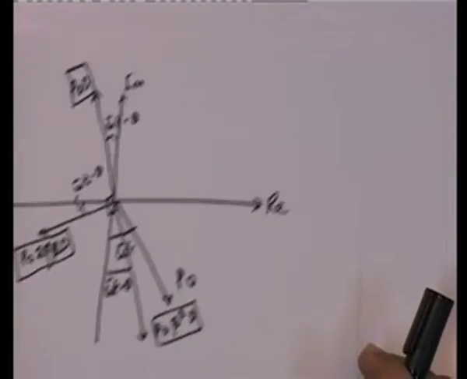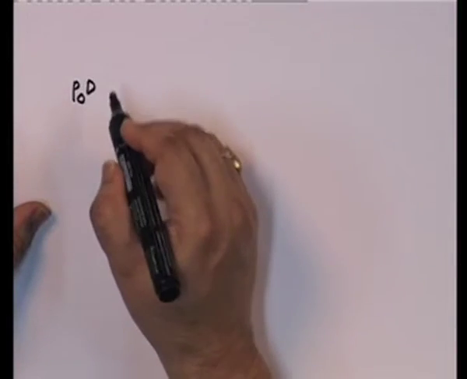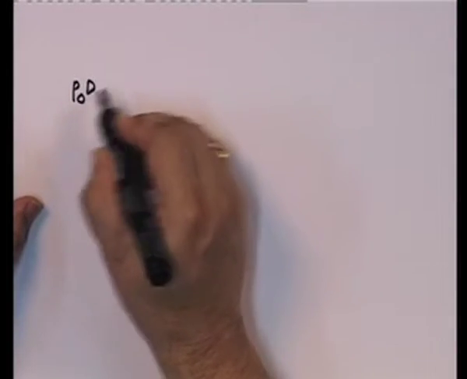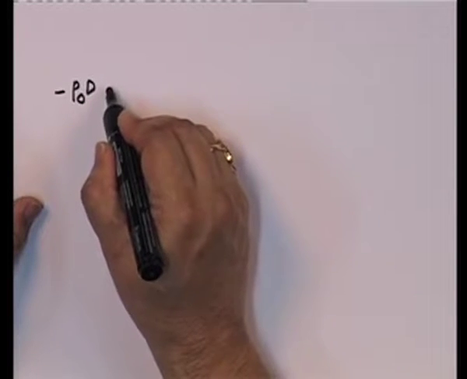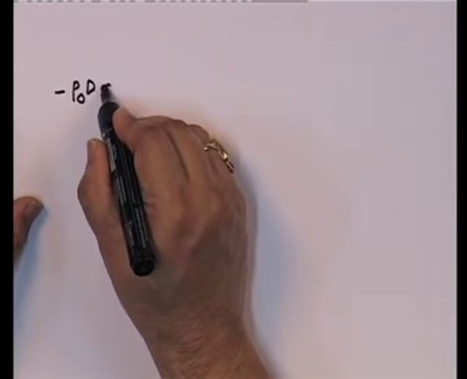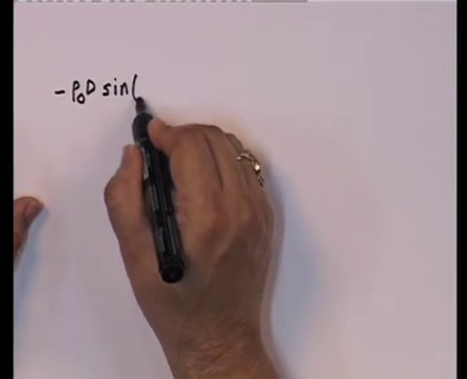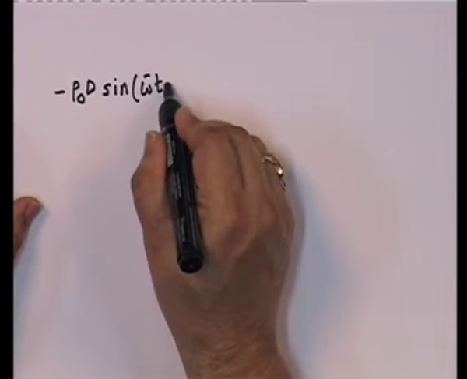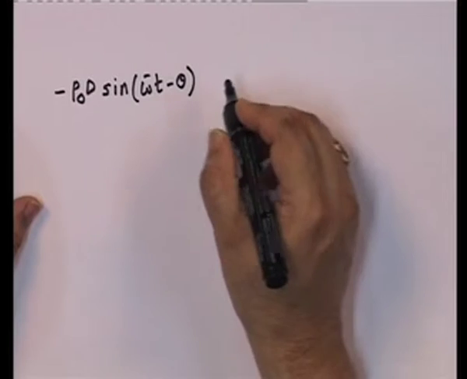So, writing that properly, it becomes P naught d, so that is minus P naught d sine omega bar t minus theta